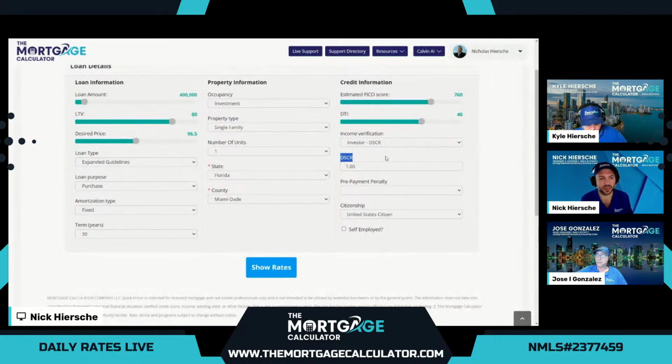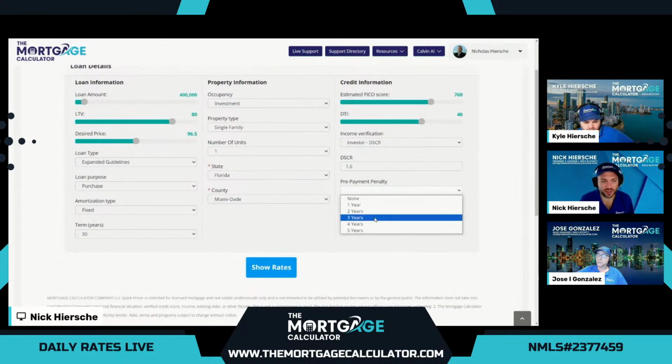It stands for debt service coverage ratio. If the estimated rents can cover the PITIA of the mortgage, the expenses, and the property cash flows monthly, that's a ratio of 1.0 or higher. If the property does not cash flow monthly, that's a ratio of under 1. We still have options for that. For the demo, we always put the highest value, 1.5, so we can see all the programs pop up.